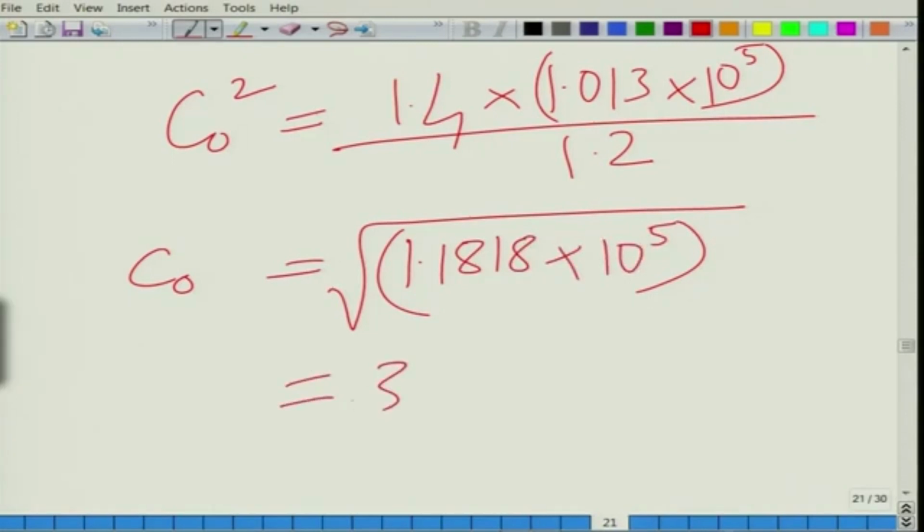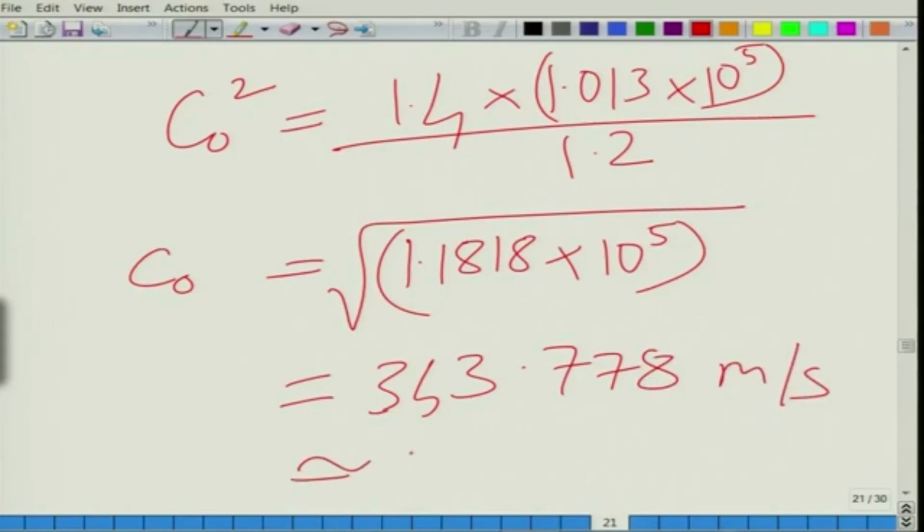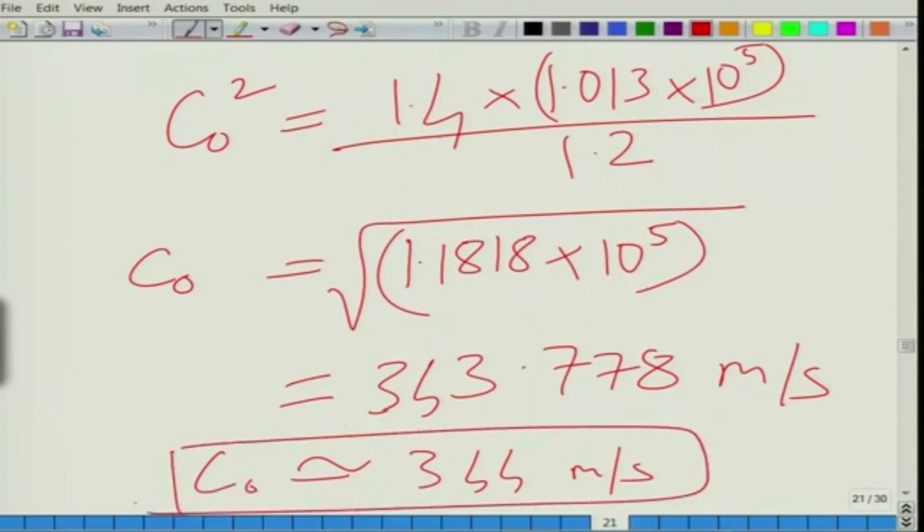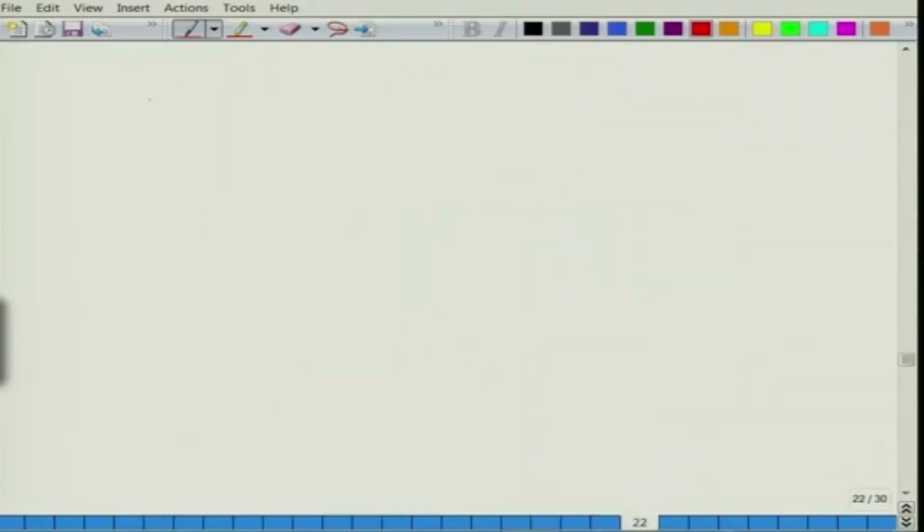So, we get something like 343.8 meter per second. You can probably put it as well as 344 meter per second. So, this of course is at standard temperature and pressure, which is 20 degrees, normal temperature and pressure, and sound speed can also be related to the temperature as